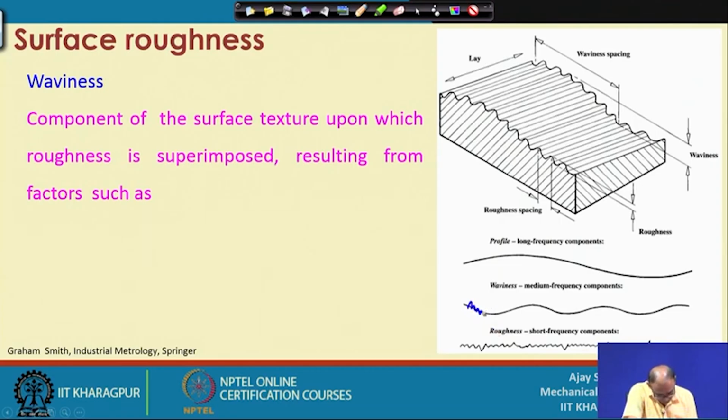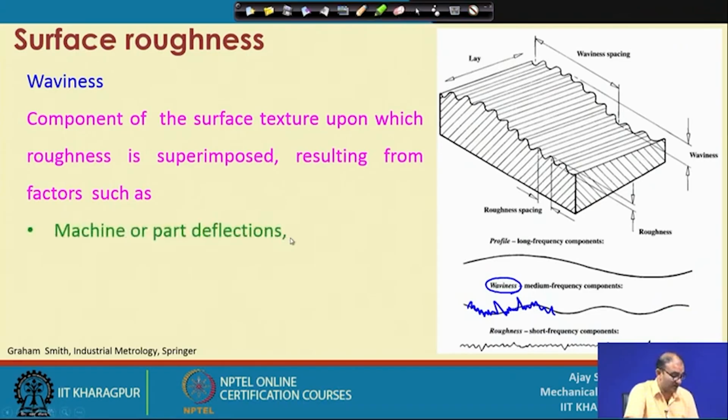So, roughness is located here. Right, so roughness is superimposed over the waviness. So, that is the way, then if you reduce that waviness, you will get the same thing here at this location. So, what are the components which will affect this part? This is the machine part deflection. Now, what will happen if you have a workpiece here,